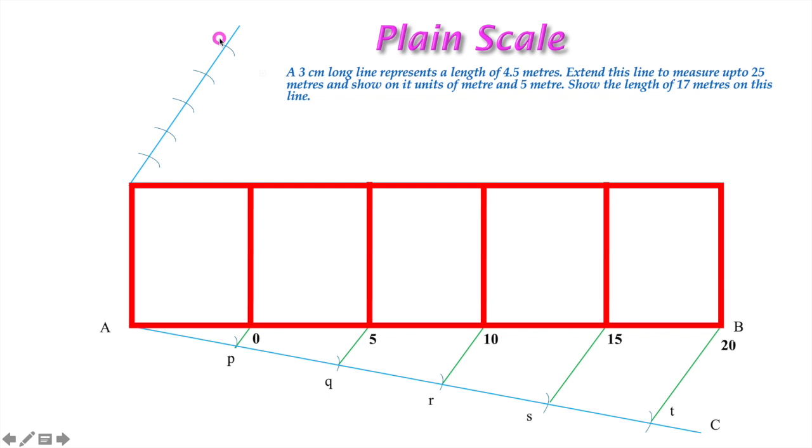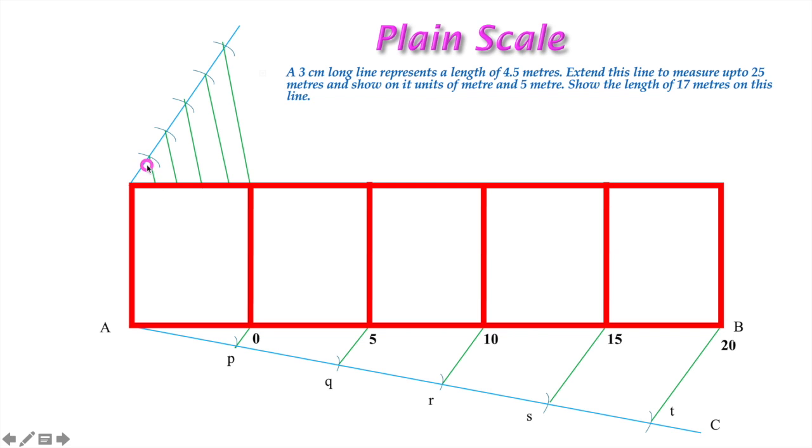So we have divided in equal divisions, and similarly there is no certain measurement of these segments. Only one condition is there, that all the segments are of equal length. Now the last segment point is this. Join this point with this end. Join it, and from all these intersecting points, draw the parallel lines to this green line. So all these green lines are parallel to the first one.